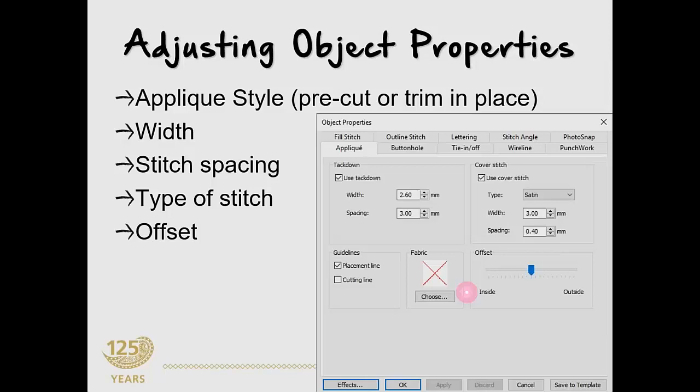You can adjust the object properties of the applique design either prior to digitizing or after digitizing. The applique style means, are you going to do pre-cut applique? Is the shape going to be cut out? Or are you going to place a fabric down over the placement line and then trim it in place? This is done right here under guidelines. If you want to do trim in place applique, you have to place a check mark next to cutting